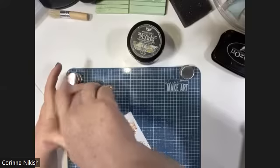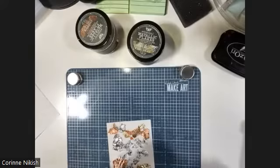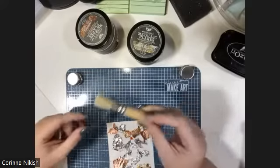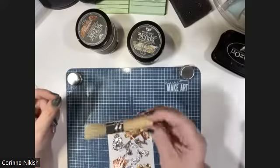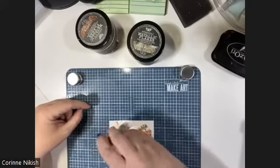You can see though that I haven't fully covered my piece of cardstock. I don't need to, because a lot of this is going to move itself around. So there's a couple of different tools that you can use for this. I'm actually just going to use a plain old stencil brush. Pretty sure I got this from Dollar Tree for $1.20, $1.25, and I'm just going to start tapping this